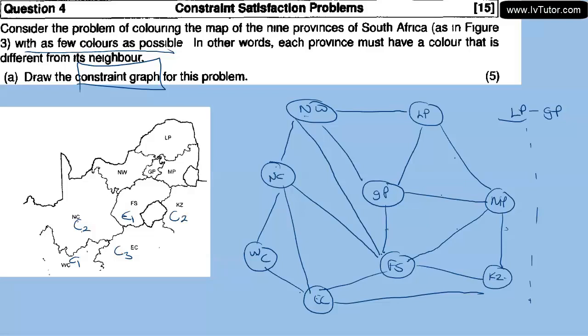Northwest cannot be color 1 or color 2, so it can be color 3. Gauteng cannot be color 1 or color 3, it can be color 2. Mpumalanga cannot be color 1 or color 2, so it can be color 3. And then Limpopo cannot be color 3 or color 2, it can be color 1. So the minimum,